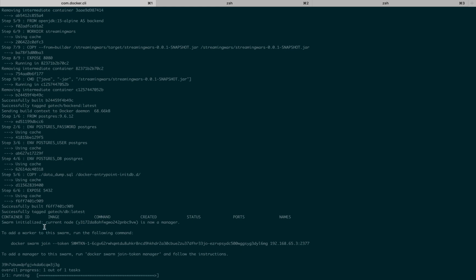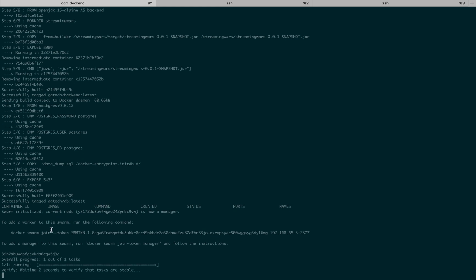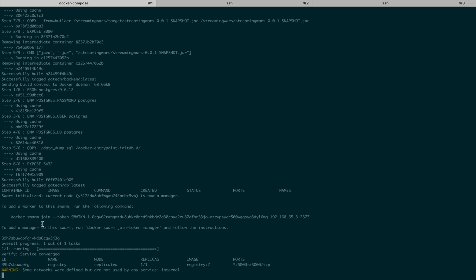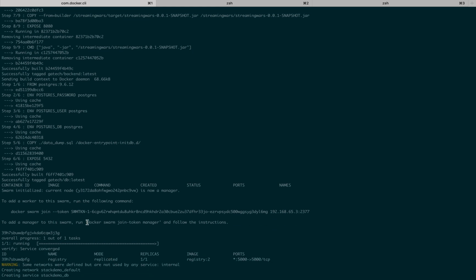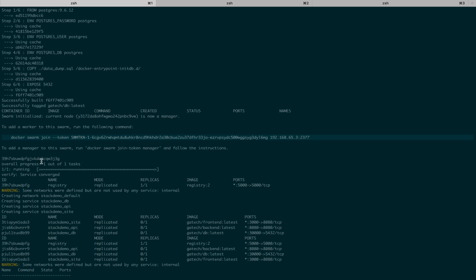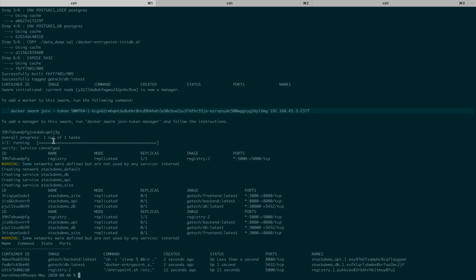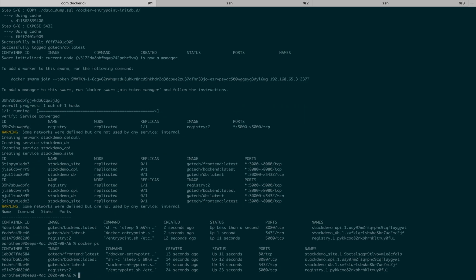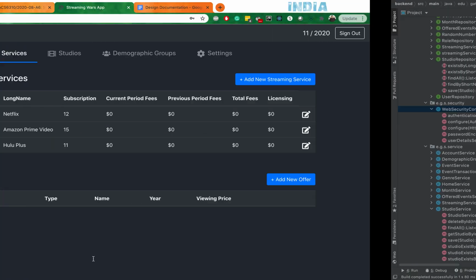When it runs Docker swarm, it says that this is a manager node. And once it says it is a manager node, you can spin up other Docker worker nodes, and you can run Docker swarm there. And that's how it looks. So if I do the Docker PS, it will show me all 4 containers, like front end, back end, database, right? And now if I go to the front end